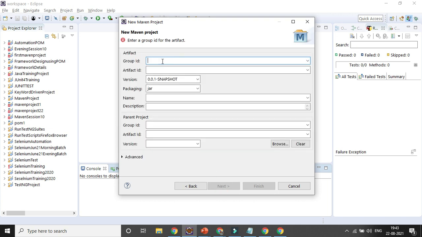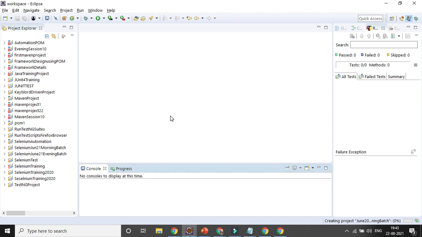Here group ID you can give it, suppose, okay. So that is the group ID and artifact I am giving, right? After that I am clicking on finish. So immediately that project will be created here in the project explorer.